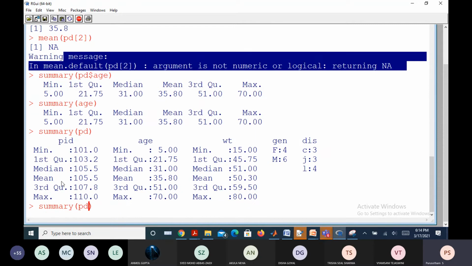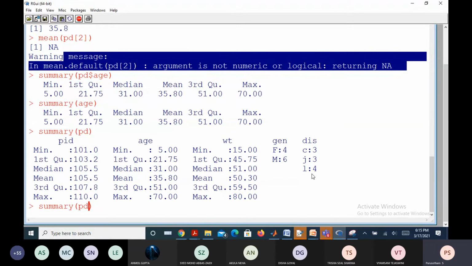So there are a few variables which don't require the summary. In the summary of this PD, if you give it, it shows how many male patients have visited on that particular day, how many female patients have visited, and what kind of disease they have visited for. As I just mentioned, cardiac complaint, joints complaint, and lungs complaint.